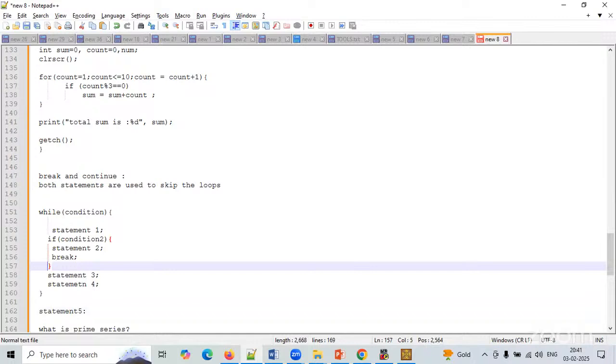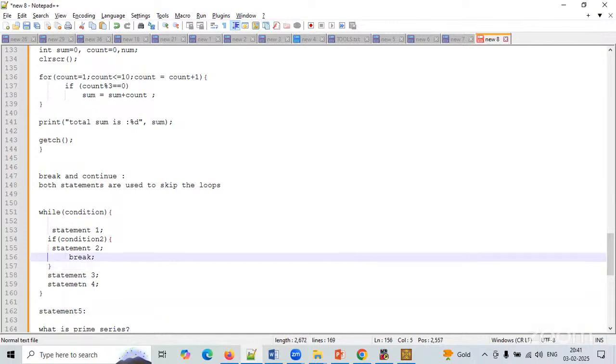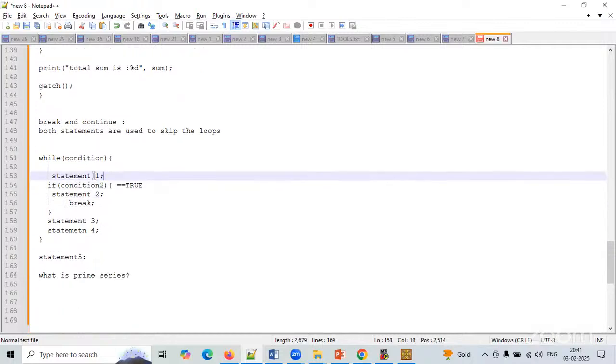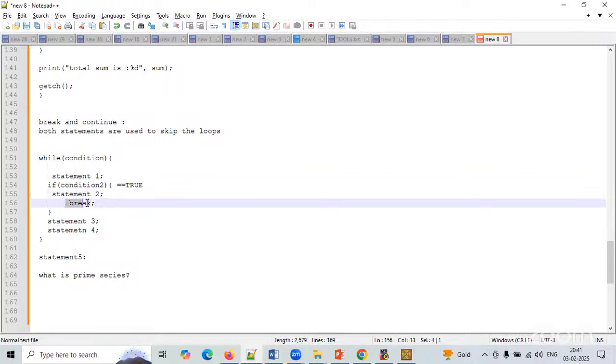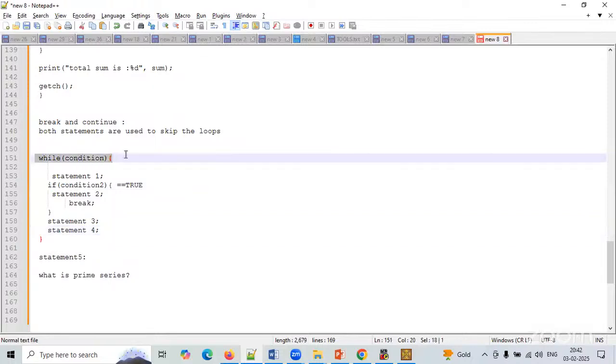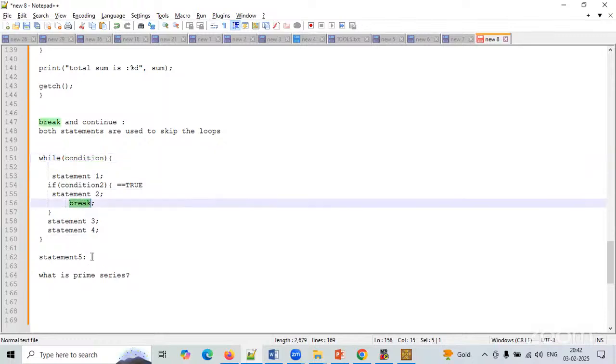Now, if I use the break statement, assume that this condition becomes true. Then it may execute statement 1, then it may execute statement 2. After that, if you give the break statement, it will not print statement 3 and statement 4, but it will exit from this loop only. Which loop? The while loop only. So from here it will directly go and